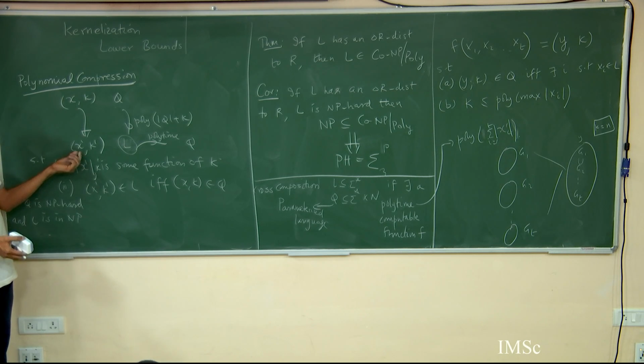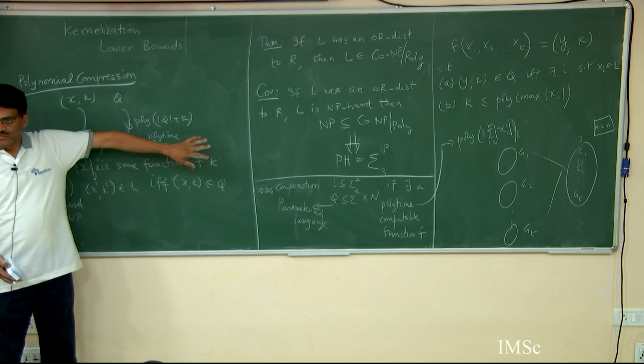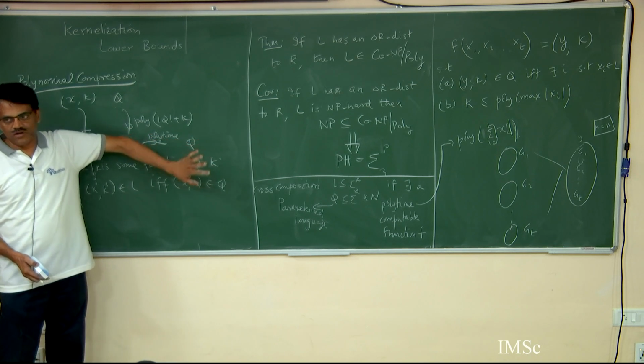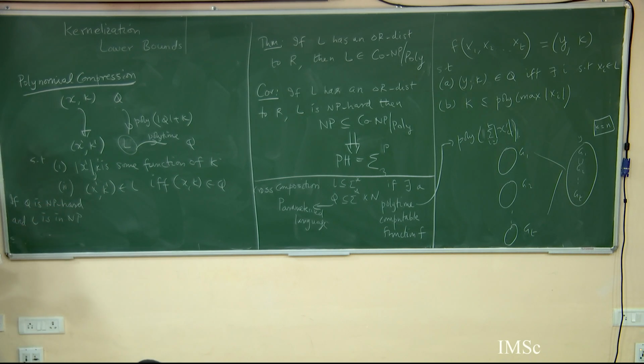Not a problem, because x prime is already just a function of k. All these are functions of k. You do some polynomial time reduction, you get another function of k. So this is a function of k, the parameter will be a function of k, and you can get there. So in this case, you can actually start from Q and get to Q. However,